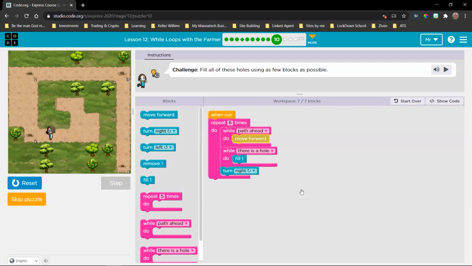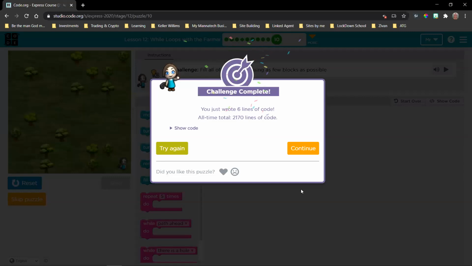It'll make a difference in how the code is executed, but it will not make a difference in the end result. Okay. Are you happy with this? Can we continue?